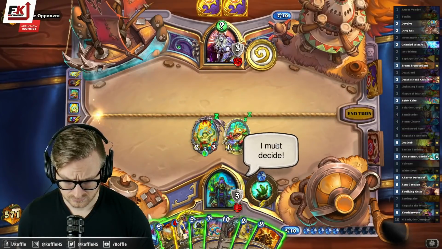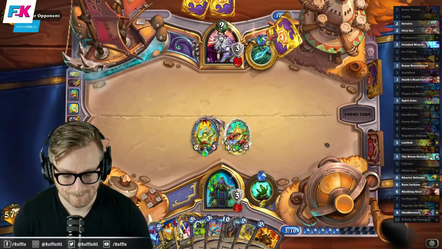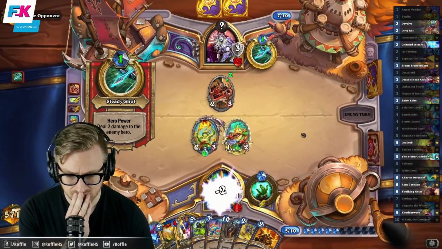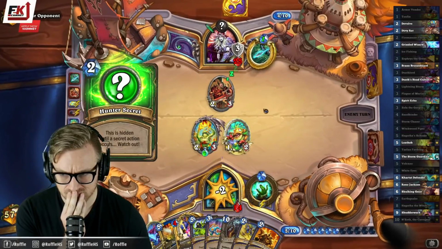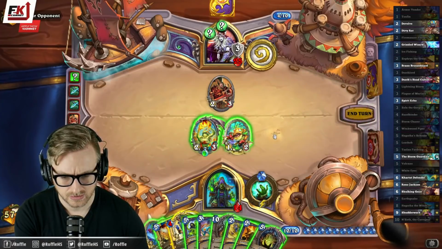I must decide. Everything adds too many cards to hand, and I'll overdraw. Now we're only taking 5 from the Zul'jin. That hits us pretty good, but... Probably Explosive Trap. I don't think I want to attack face, because it's likely explosive or...